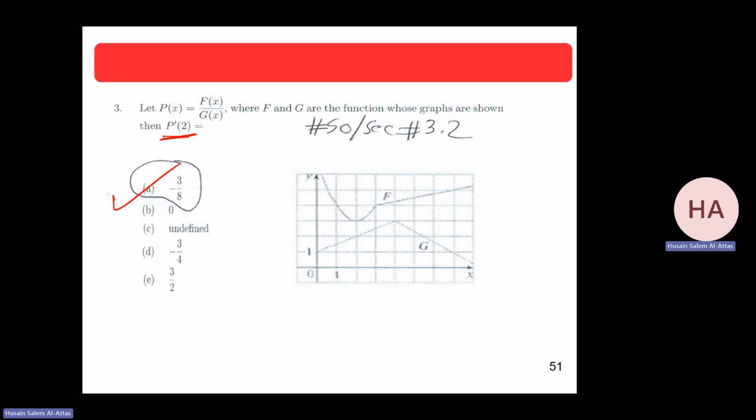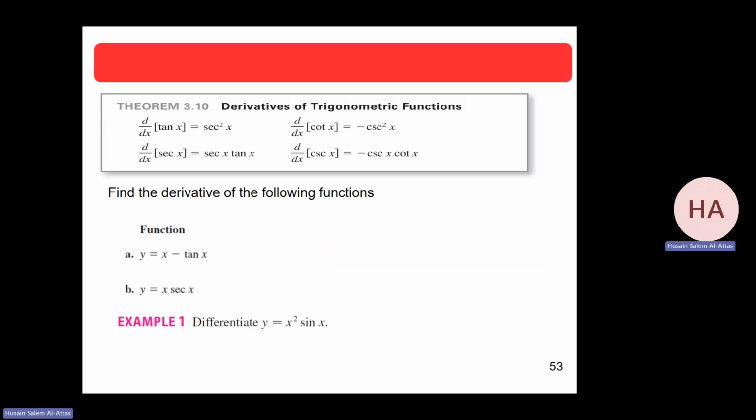Now we finish the quotient rule. Now we'll do the derivative of these trigonometric functions, which is: derivative of tan is secant square, cotan is minus cosecant square, secant is secant times tan, secant x tan x, cosecant is minus cosecant x cotan x. So I need to use these formulas